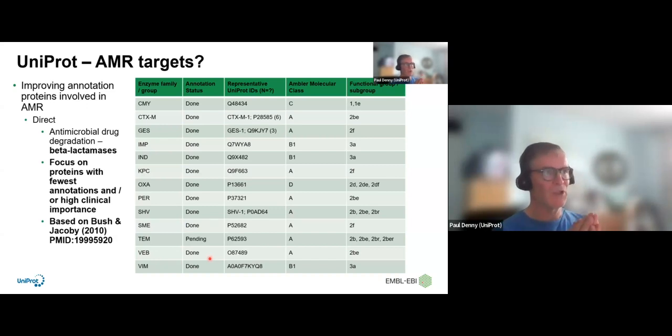So moving beyond CTXM1, these were some of the enzyme groups or families in the clinical literature which, according to various reviews, including this one by Bush and Jacoby, were seen as having high clinical importance. And I've annotated several members of these groups. Although I've only listed one example for them here, there are usually several which were chosen from the group